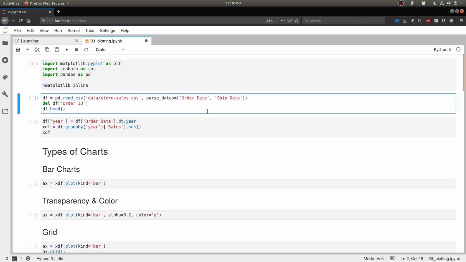And that's useful because datetime objects have a lot of interesting characteristics, like you can directly extract things like the year, the month, the day of the week, hour, minute, seconds, and so on. Whereas if it was just present as text, then you would have to do a lot of string manipulation on that. And that is not required when you have those columns parsed as datetime objects. And then we have another column called order ID, which is just the unique ID of each order. It doesn't really help us much in this case, so we're just going to delete that. And then let's look at the data set.